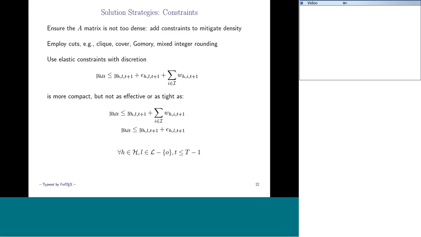We can look at cliques, clique cuts, cover cuts, Gomory cuts, mixed integer rounding cuts, and so forth to try and tighten bounds on some of the integer programs. And so we did that. We also made sure that when we elasticize the constraints, in other words, allow them to be violated with a penalty, which we did in most of the programs, certainly the capital budgeting model and the Tomahawk model, that we either bound those variables or we used them in constraints in a more explicit fashion.